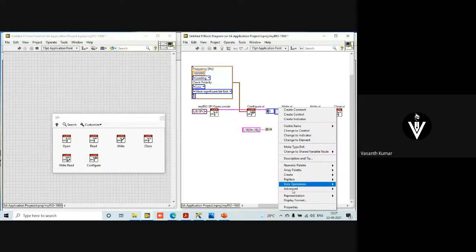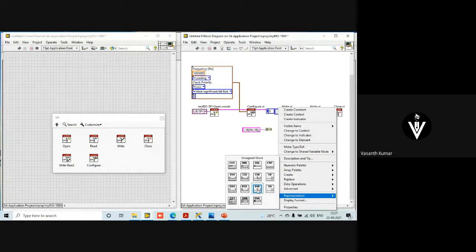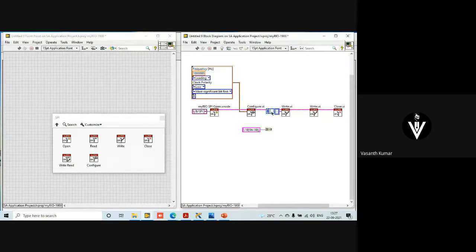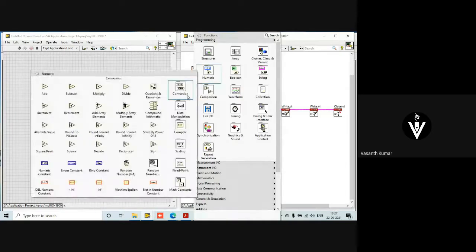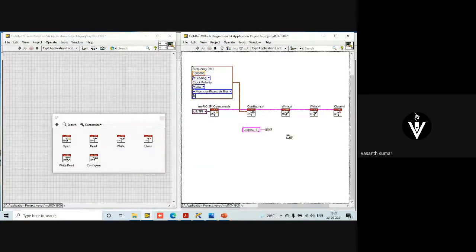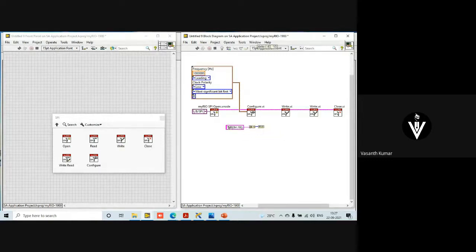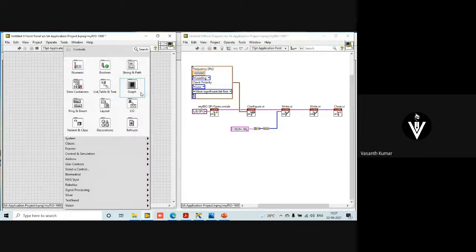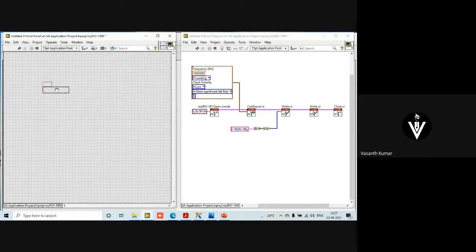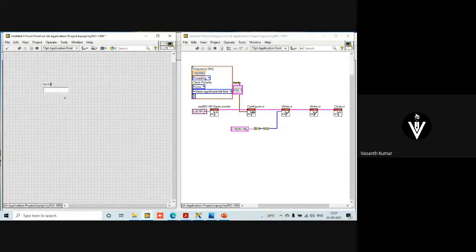So right click, representation. It is using U16. You are passing U8. To avoid this, you have to do the conversion. So conversion U16, drag and drop this, just to avoid the correlation dot, simply to avoid the correlation dot from here to here. All right. Then you need a command or the data to the right. Name it as data.